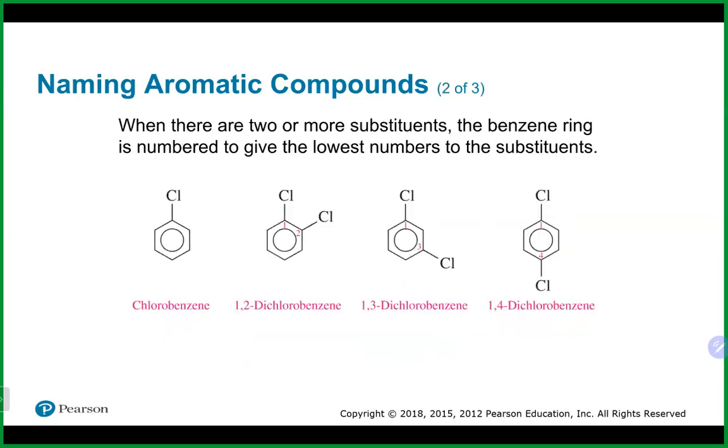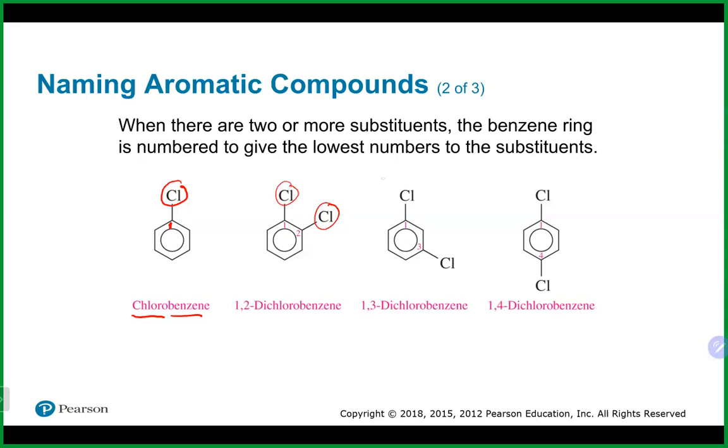Now, everybody else as our groups, we do just basically name it like normal. If it's just one group attached, you just give the group name and put benzene at the end. So that is chlorobenzene. You do not need to give the number because in this case, wherever that group is located, it's assumed to be carbon number 1. But if you do have multiple groups attached, you do need to give some numbers. So this is 1 and 2